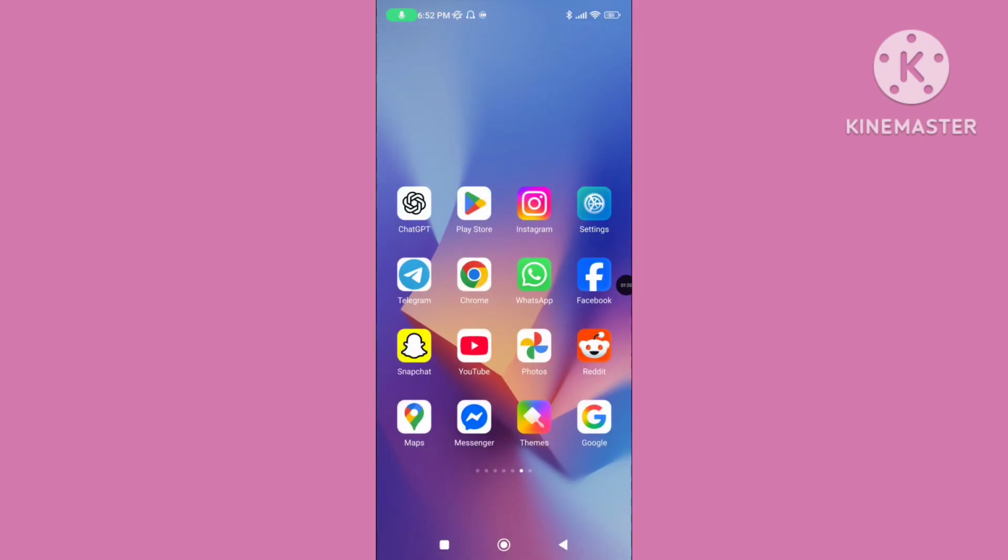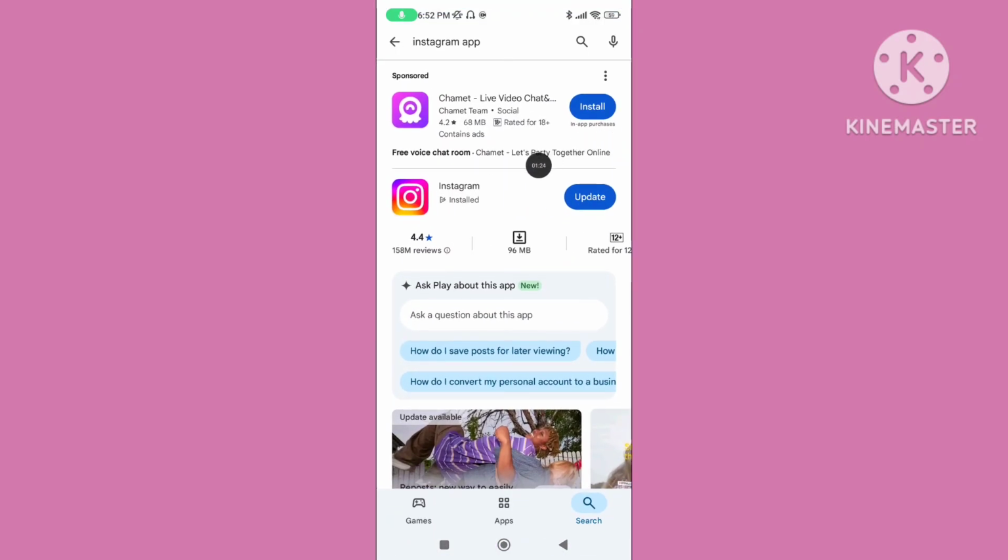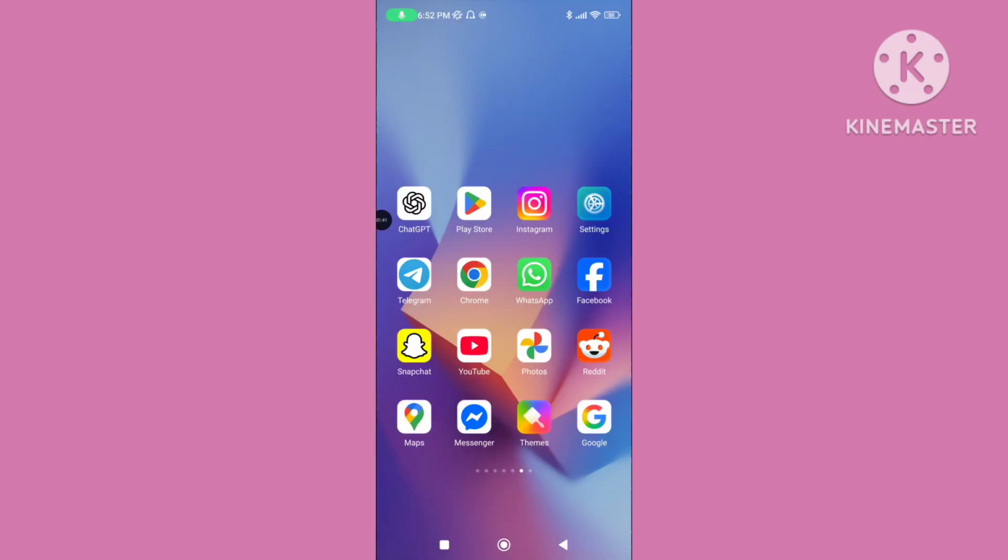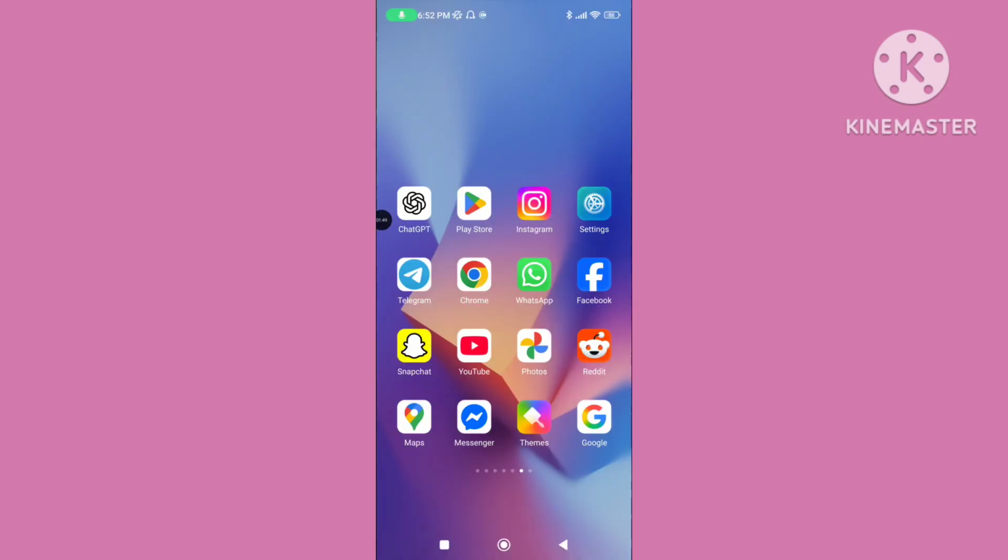Step 3. Open Play Store and update your Instagram application to the latest version. Step 4. Restart your device. Again open your Instagram application,